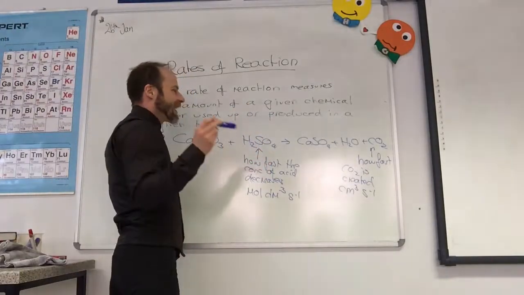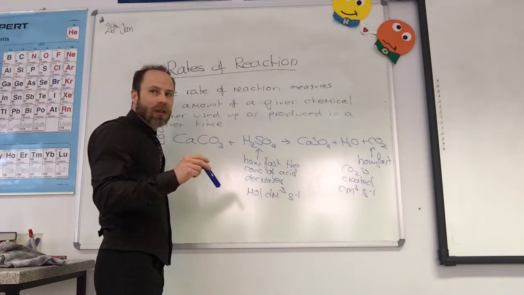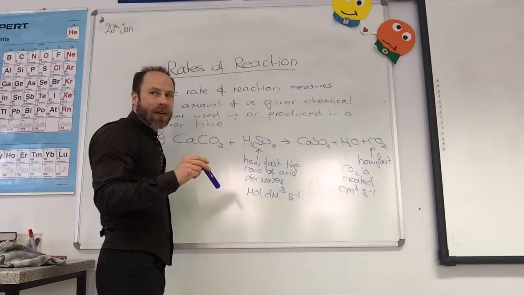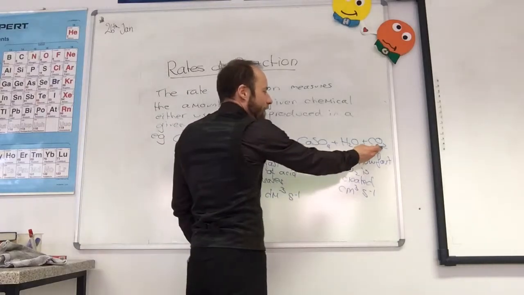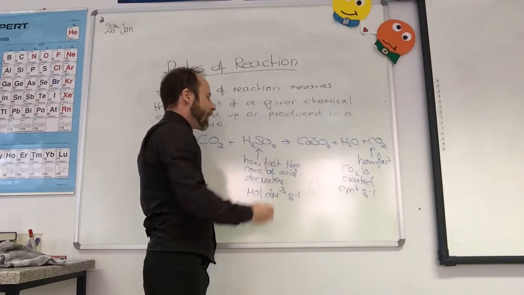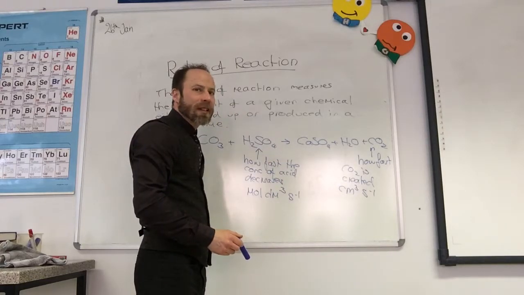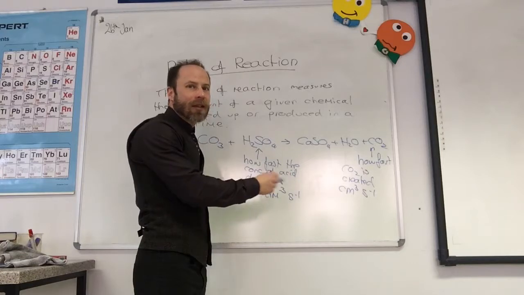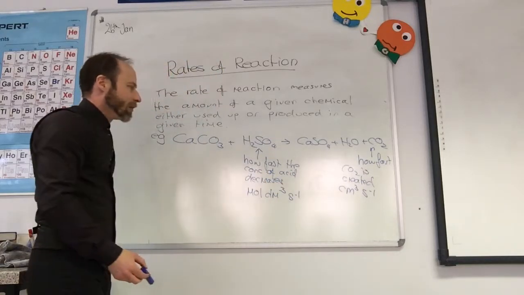Obviously, the key thing is you actually have to state what you're measuring. So if you're talking about rate, you have to say whether you're measuring how fast CO2 is produced, or how fast the concentration of sulfuric acid decreases, because otherwise it doesn't make any sense. So you've got to talk about which one you are